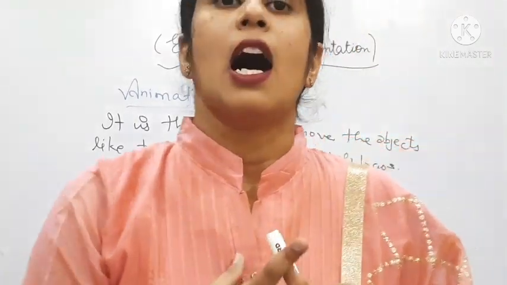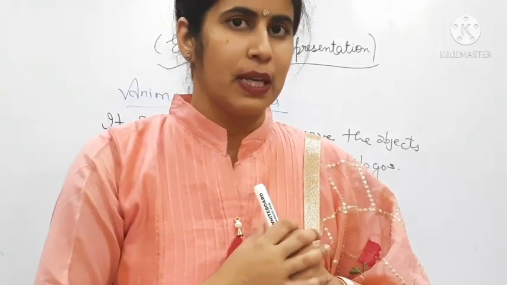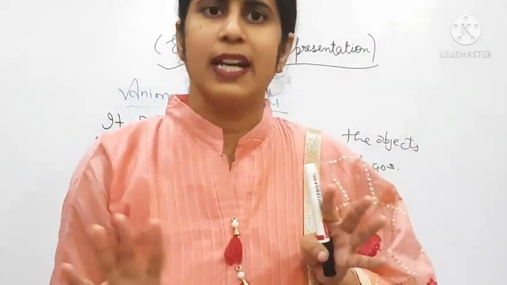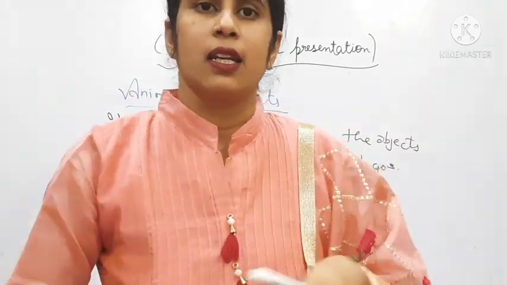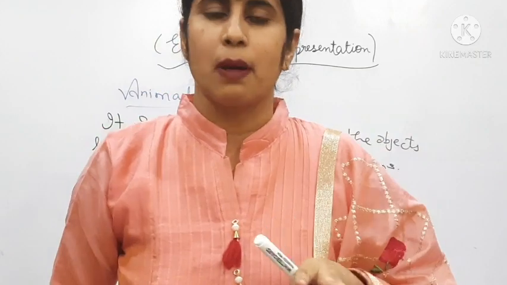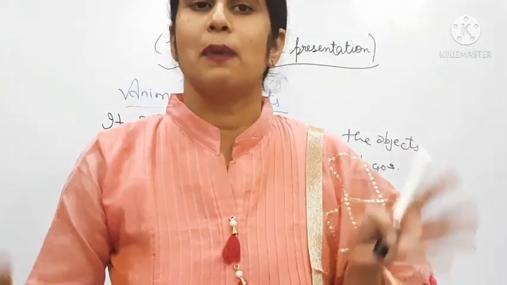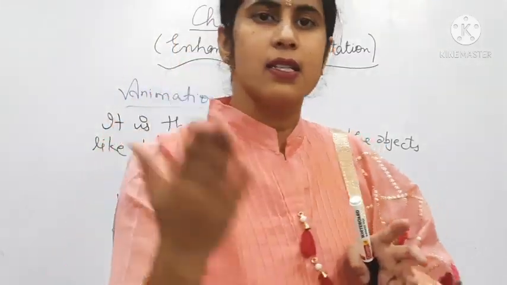The first is appear, meaning when we appear on the stage. Second is fade, meaning it comes in blurred. Okay, fade, everyone knows fade. Next is fly in. They are coming with a flying purpose. Then it is float. Then it is split. So there are many. Okay, so these are the entrance effects.